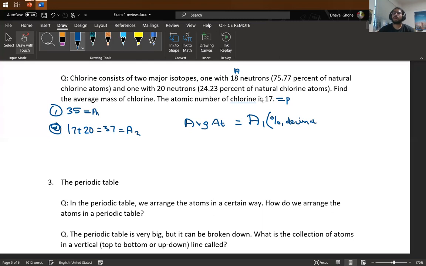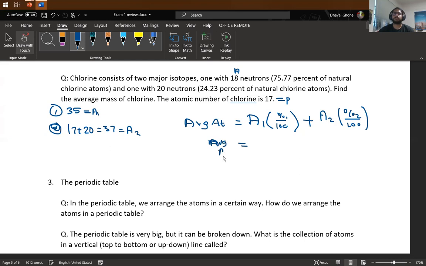I think the better way of saying it is, you take its percentage abundance of 1 and you divide it by 100. For the next one, you take atomic mass number 2 and you multiply by its own abundance divided by 100 as well. And whatever sum you get, that sum is equal to your average